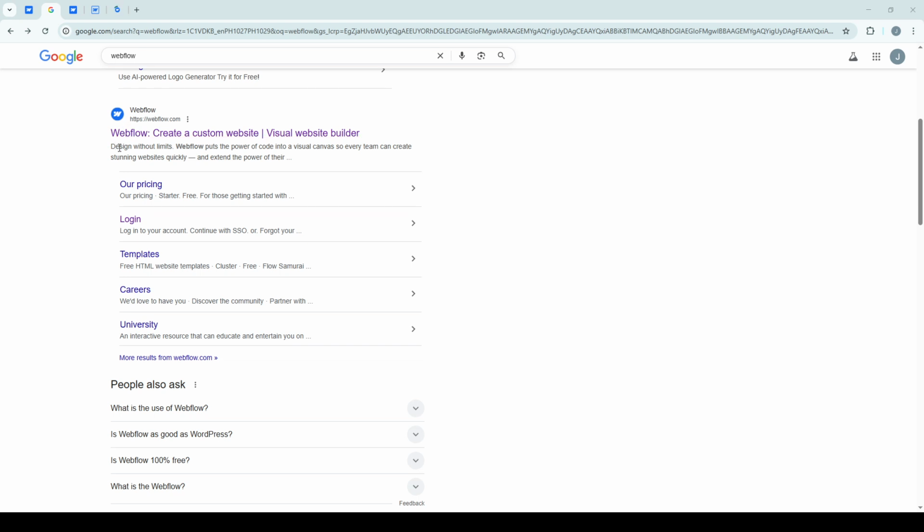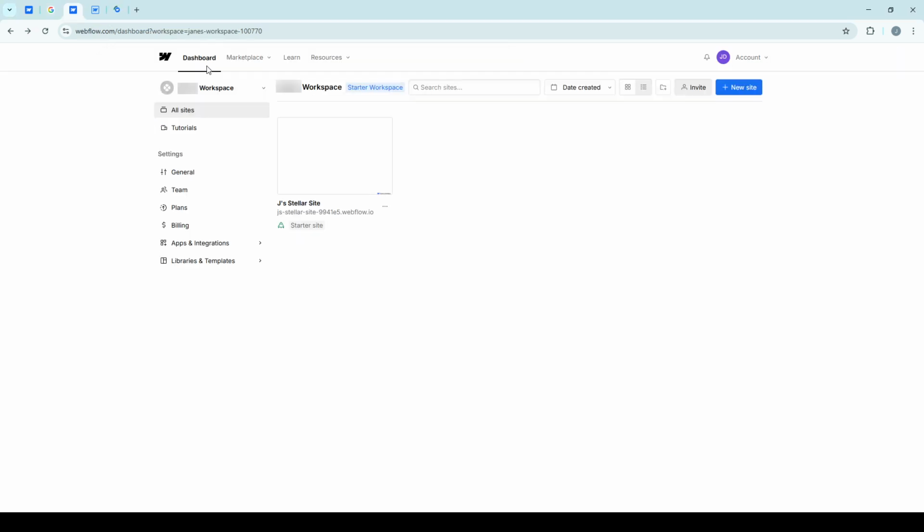First things first, you'll want to log into your Webflow account, so make sure you've got your credentials handy. Head over to the Webflow website and enter your username and password. Once you're logged in, you will be directed straight to your Webflow dashboard, a central hub where you can manage